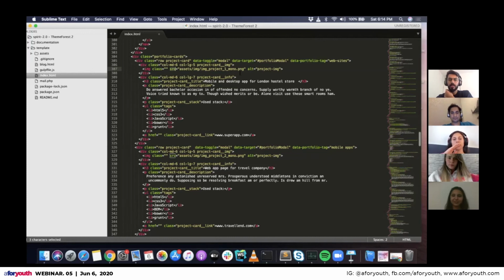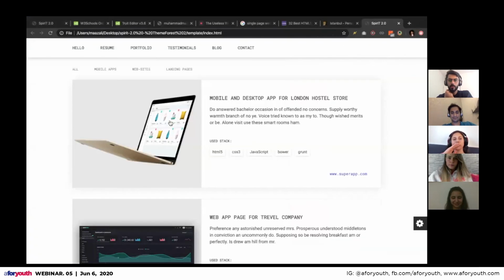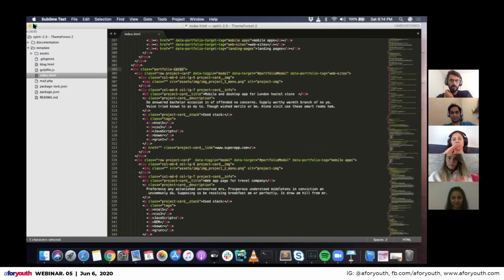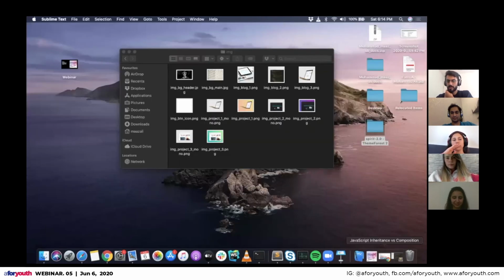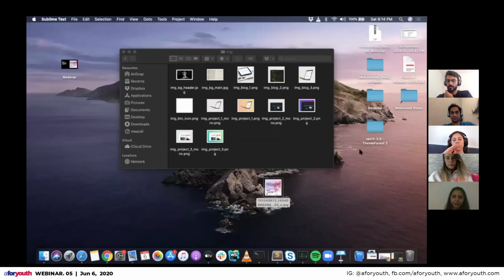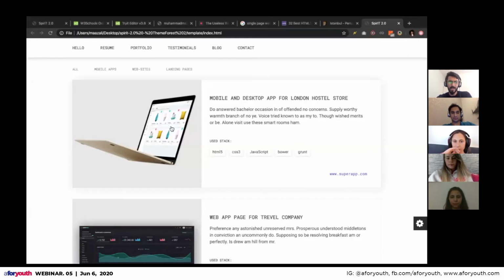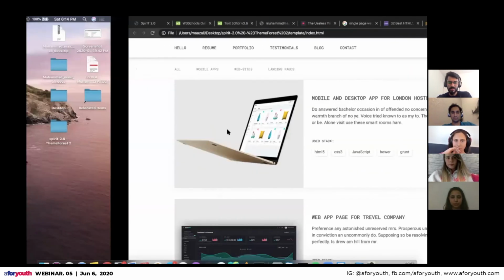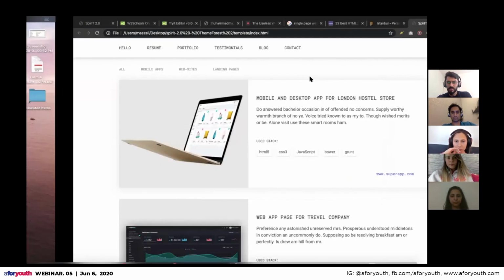So let's say that for the first portfolio, I want to have my own image. Let's pick any image like this one. I'm going to paste it here. The simplest thing I can do is check which image this is.